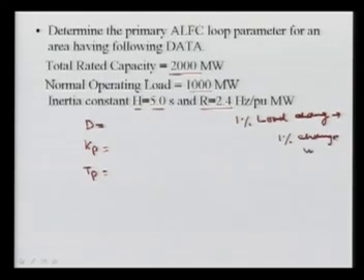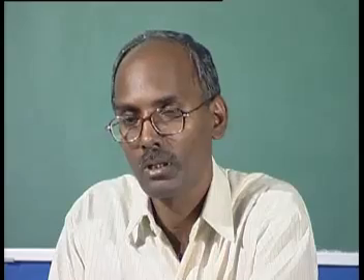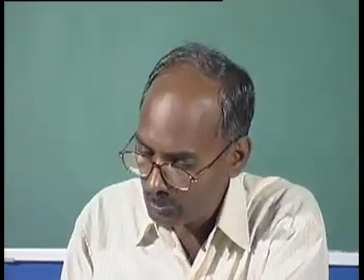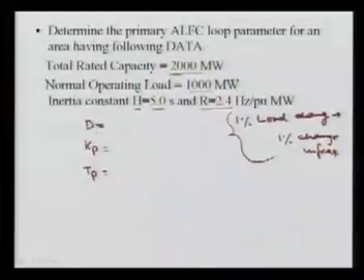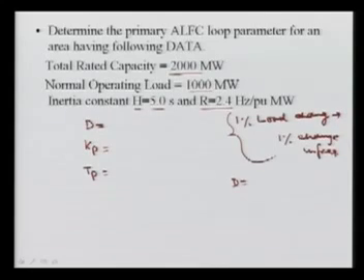So the D can be calculated with this relation. It is given that a 1% change in load will cause a 1% change in the frequency. So this is assumed to be linear, and then we have to write this. For this, what we have to write, it is said, is the 1% change in the load. So the load is shown here as 1000. So D can be defined as